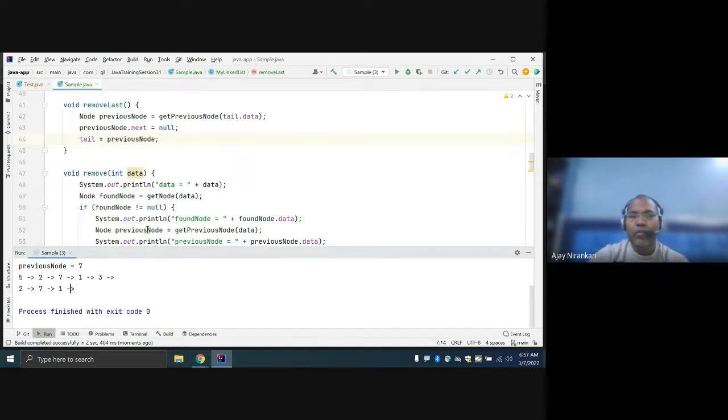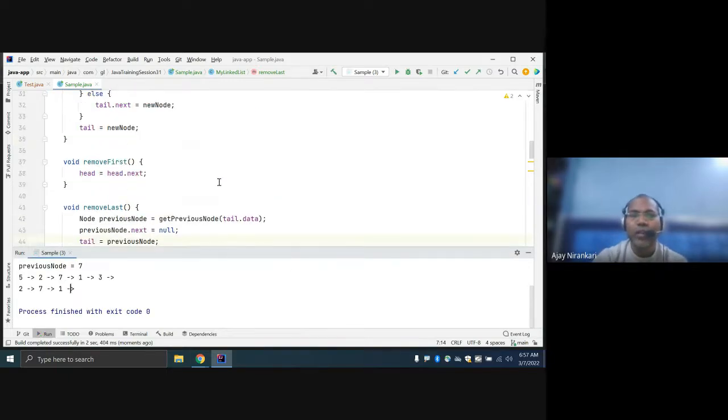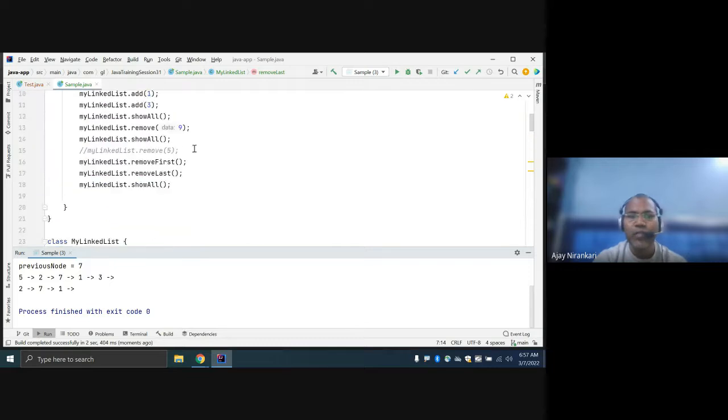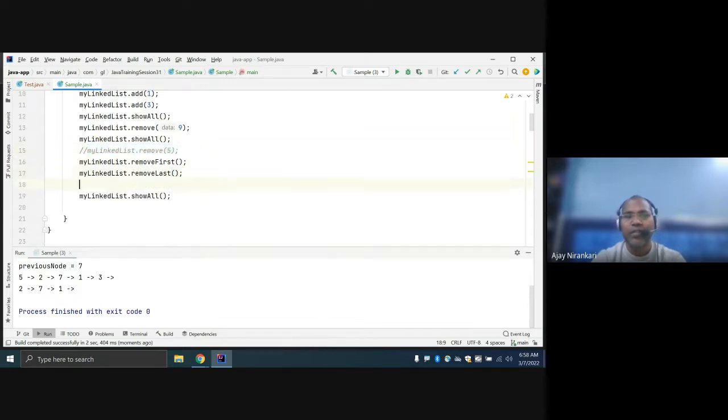Remove the last node. But now the question: can I use the remove method itself to remove the first one? In this case, our first node is a 2. If you write this remove method, it will throw an exception because the previous node is not found.